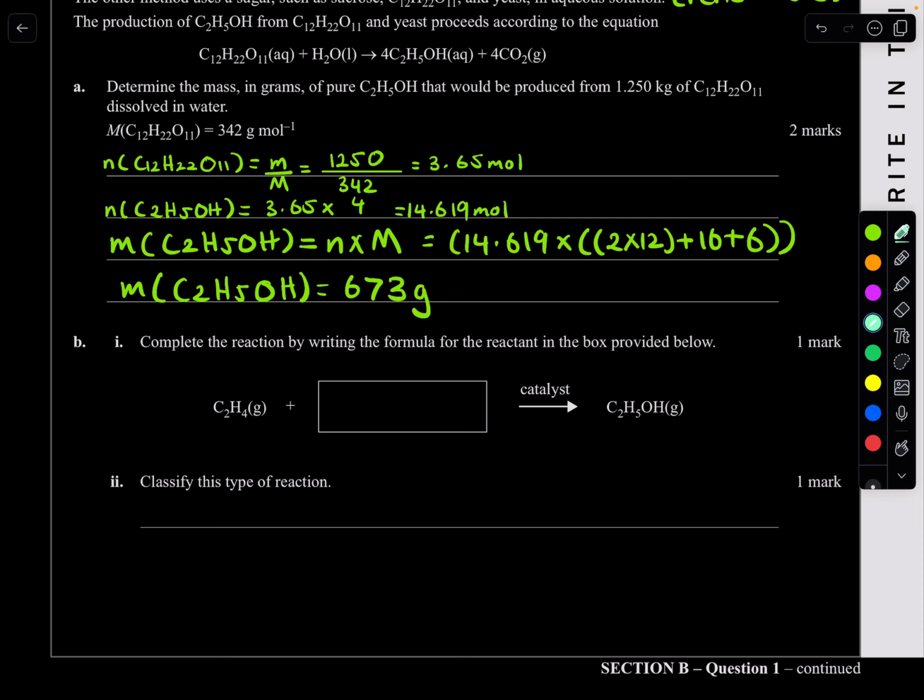Question I. Let's have a look at this one. Complete the reaction by writing the formula for the reactant in the box provided below. So we have ethene plus something. Through a catalyst, we then get